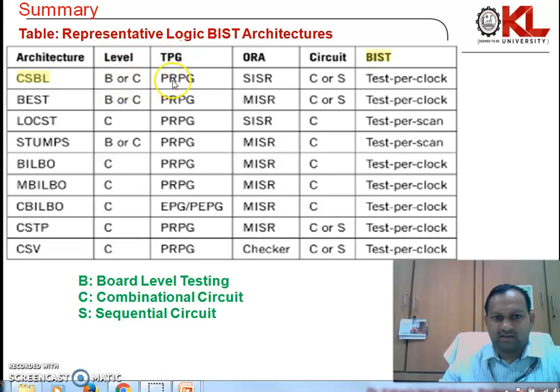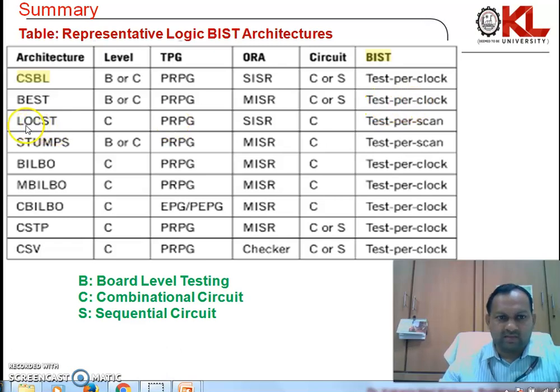The test pattern generator is the PRPG and the output response is connected with the SISR, and the circuit is a combinational or sequential circuit. The BIST controller is connected to the test clock. Similarly, the built-in evaluation and test clock. The level of the BIST is attributed to the board and centralized BIST. The test pattern is generated by the PRPG and the output response by the MISR, and the circuit level should be a combinational or sequential circuit. The BIST controller operation finally executes the test clock.